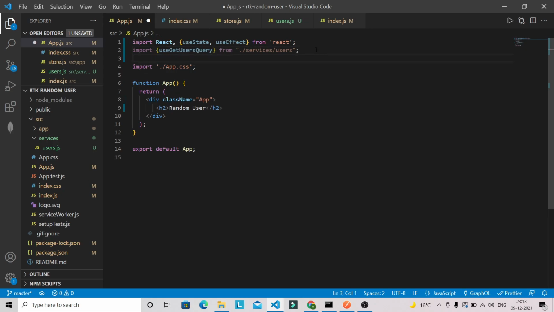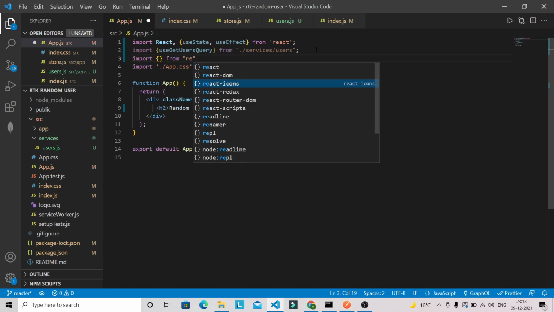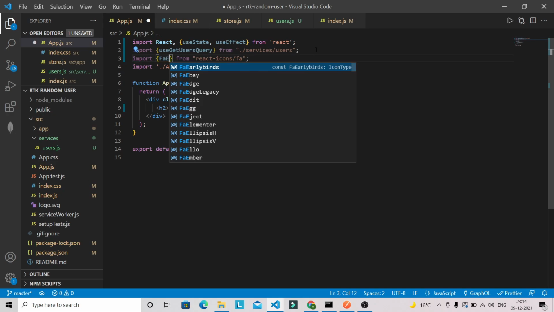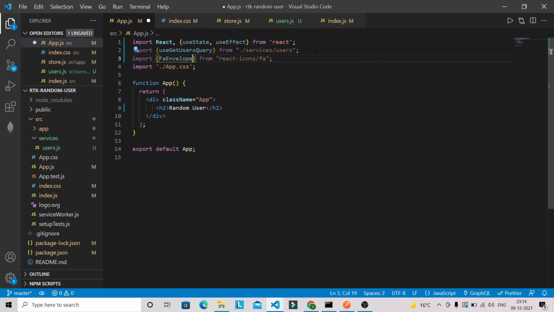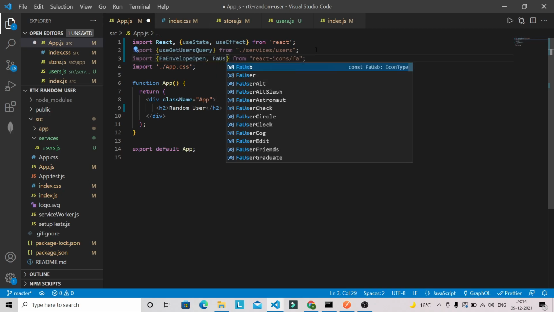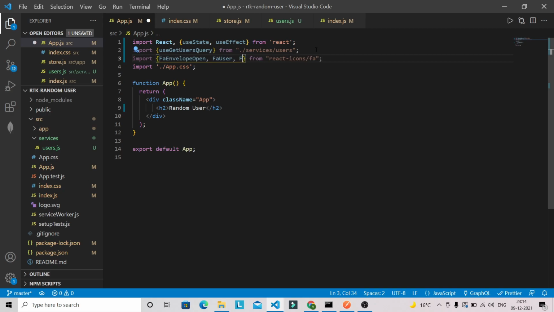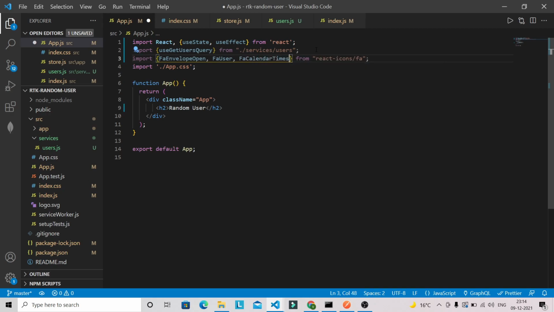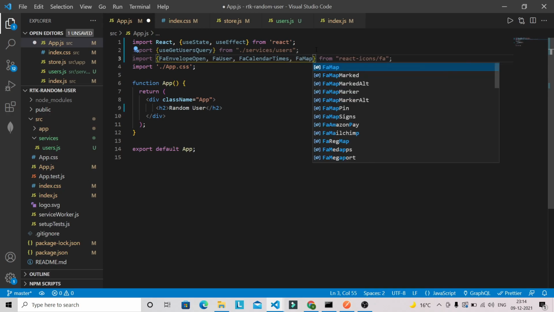Okay, and we are also going to use icons here, so let's bring those icons as well from React icons, and we are going to bring that icon from Font Awesome, and the icons are FaEnvelope first, FaEnvelopeOpen, FaUser, then we are going to have a calendar, FaCalendarTimes, FaMap to show the address of user.